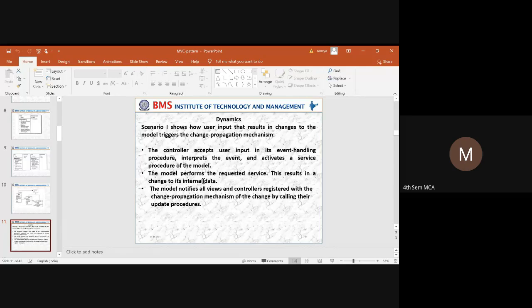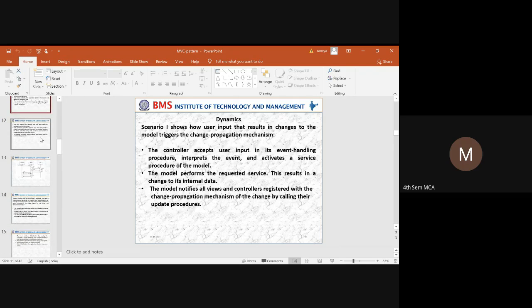The model handles the requested service and changes according to the event, which results in changes to the internal data. Whatever changes have been made, it notifies the views and the controllers which are registered through the change propagation mechanism, and it updates all the procedures.